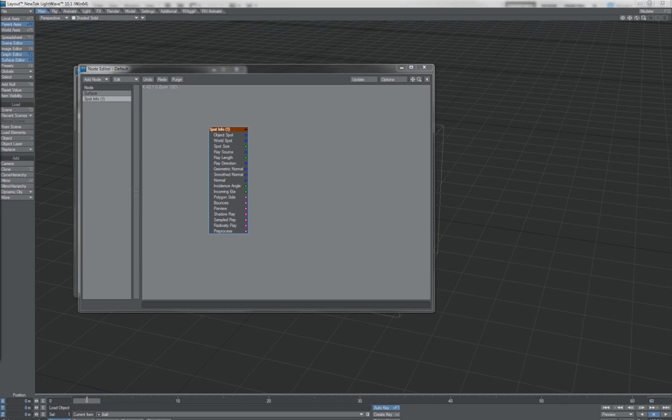Hey guys, welcome to this little video on the spot info node and vectors with Lightwave. We're going to cover these two simple little topics, or reasonably simple little topics at least. Or more to the point, we're going to cover these slightly complicated topics perhaps, in an attempt to simplify them, should I say. Now the main thrust of this little video is the spot info node itself, but to help